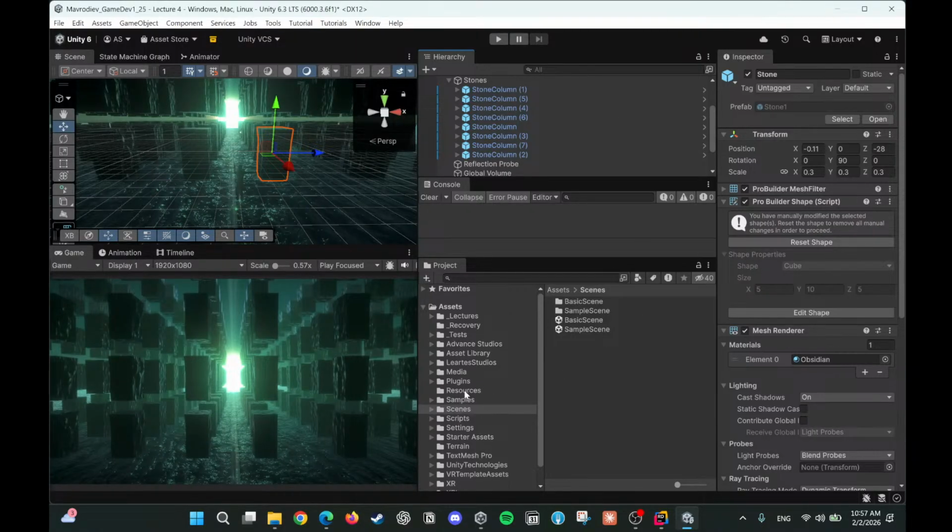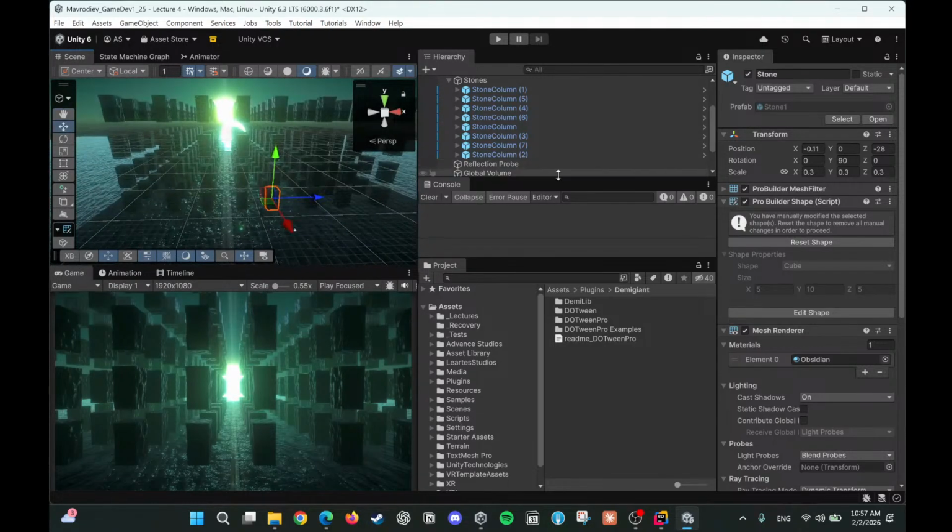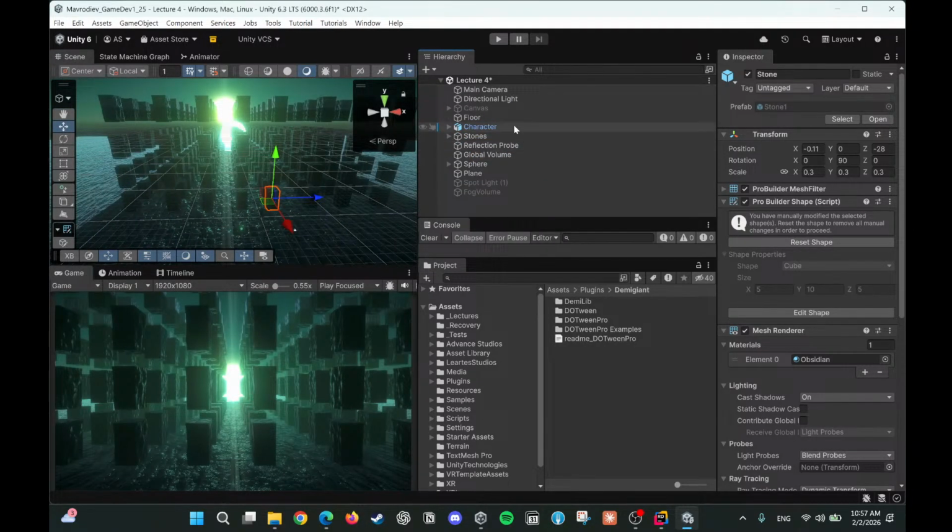So assuming you have imported this plugin and you don't have any problems, let's try to create our starting scene here. And for the starting scene, I usually like to do something like having a little camera effect and always, of course,